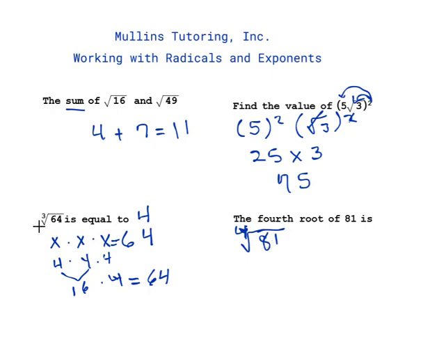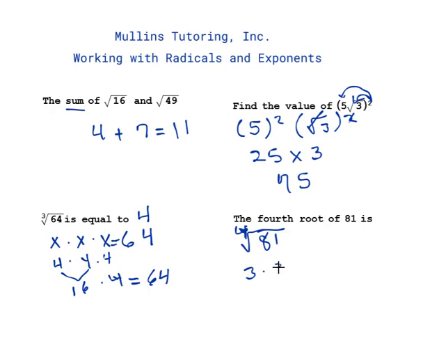Now, I just talked about how the larger this index is, the smaller the base is going to be. So when I looked at the cube root of 64 and saw that it was 4, I know that when I come over here and do the fourth root of 81, the number has to be smaller. So let's just use what we have so far, which is 64. If I multiply 64 times 4, that is going to give me 256, which is obviously greater than this. So let's go down 1 and we'll do